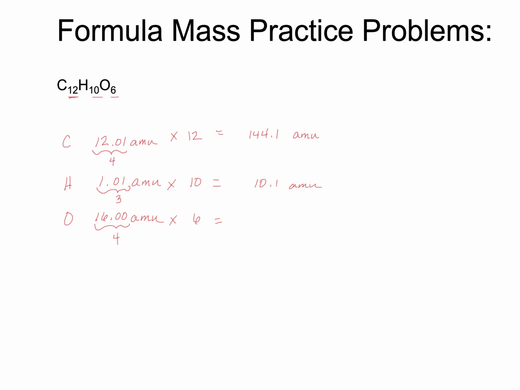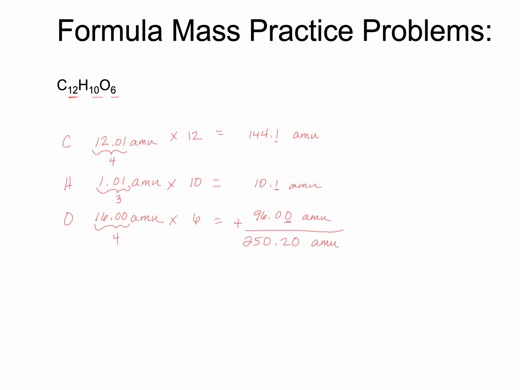And for oxygen, there's still 4 sig figs. When we multiply that times 6, we will get 96.00 AMUs. And we're going to add all of these together. And when we do that, we will get 250.20 AMUs. But we need to look at, when we're adding these together, the least significant digit furthest to the